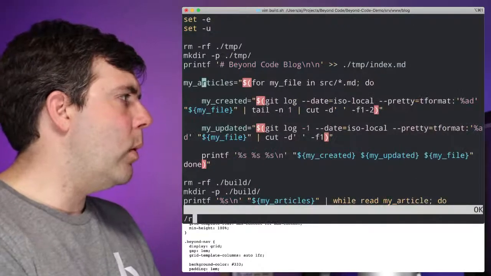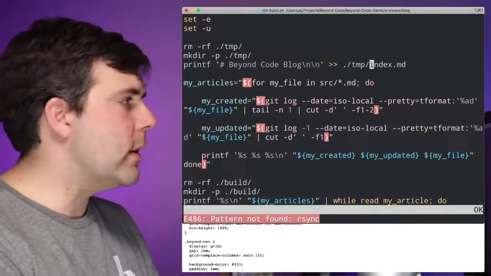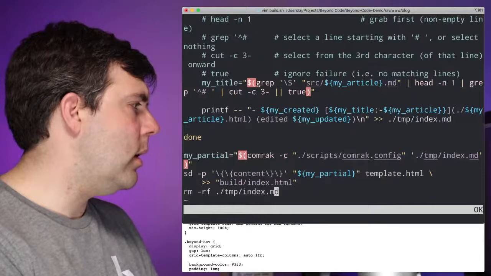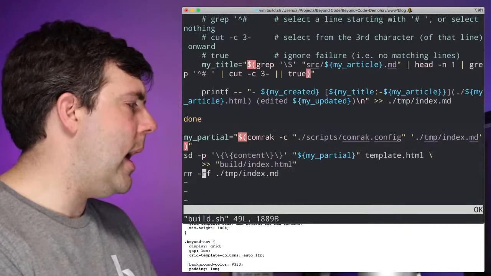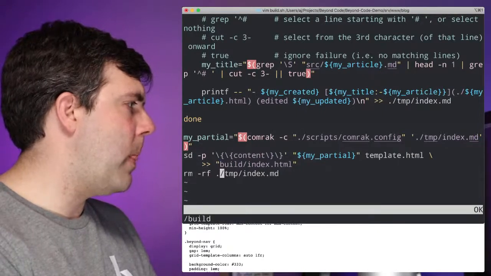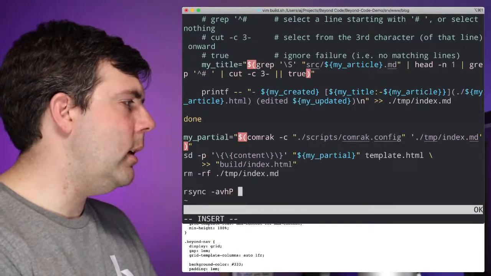To make sure that when we're doing the rsync, so I'm just doing slash and then searching, that's the normal slash, and I'm searching for rsync in here. I'm pretty sure it's in here somewhere. Nope. Okay, I guess I need to add it in here. We've got a build directory, right? Yeah. Okay. So what I'm going to do at the very end here is I'm going to use rsync, and